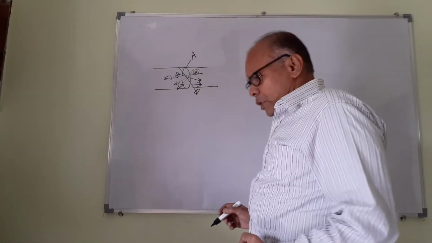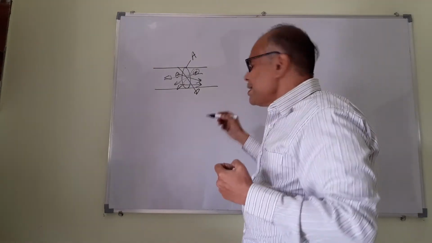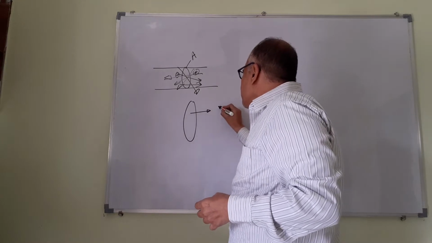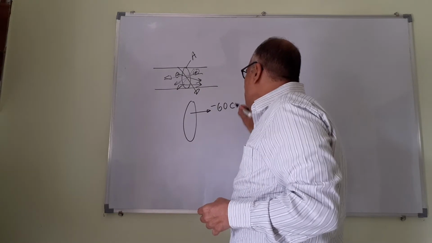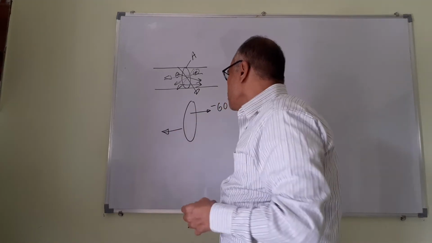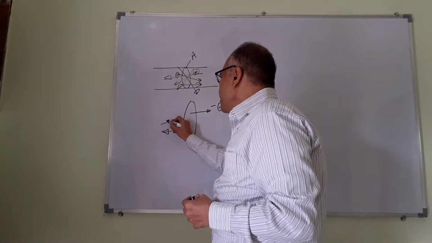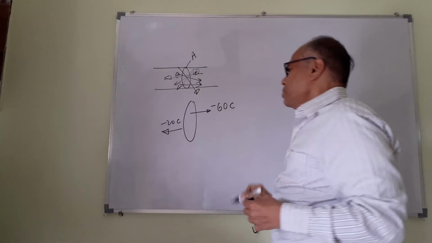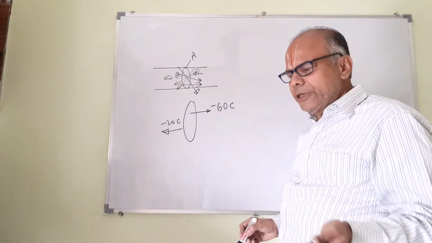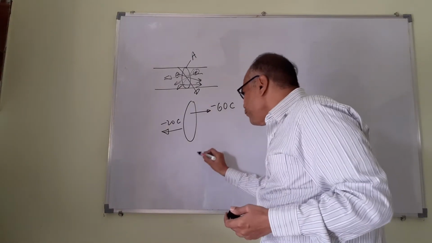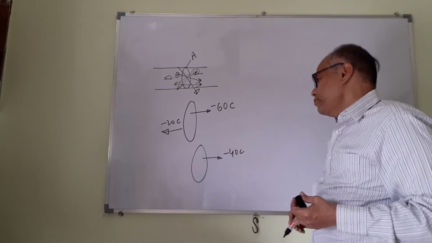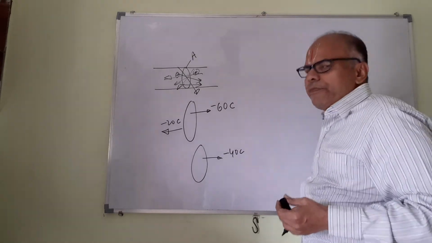Now we must note that when we say net charge, supposing for instance this is the area and minus 60 coulombs of charge is crossed to this side, and let us say minus 20 coulomb of charge has flown to the other side in a given time, maybe 1 second or whatever time t you may take. Now the net flow of charge is minus 40 on this side, minus 40 coulomb towards the right.